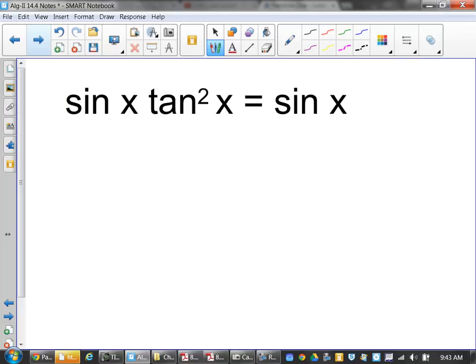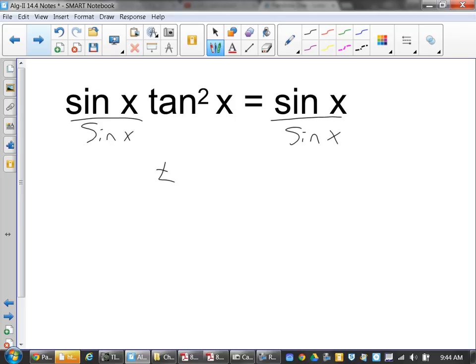Is that tangent squared? It is. So you have sine of x times tangent squared of x equals sine of x. Divide by what? Sine of x. Good. So if you divide both sides by sine of x,